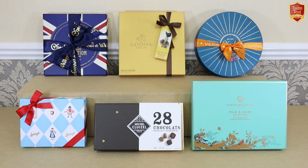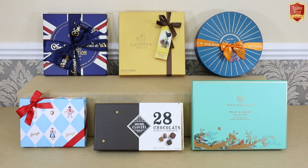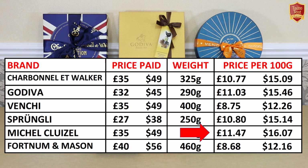Price-wise, these all fall into the luxury chocolate range. Obviously, all these makers produce boxes of various sizes, but we've tried to select as close an equivalent as possible, of between £30 to £40 or $40 to $55. But there is some variation in weight, so you can see both the price that I paid and the grammage is shown below. As you can see, although Fortnum and Mason appears to be the most expensive, if you look at the price per 100 grams, it's actually the best value,